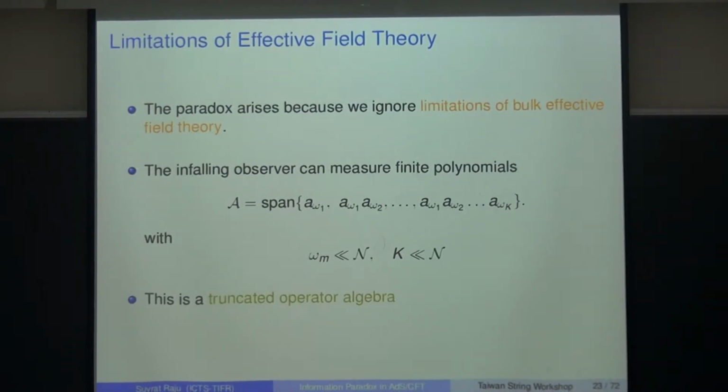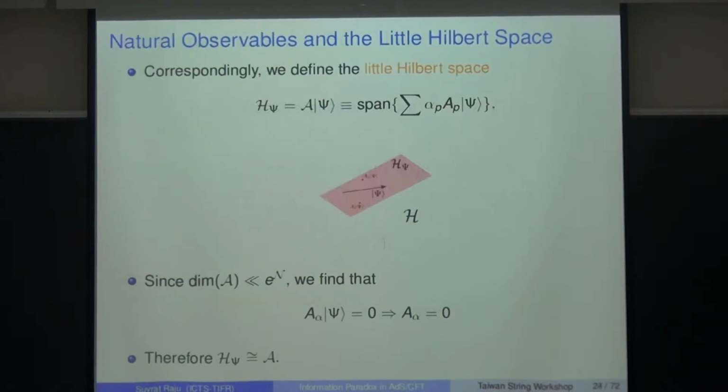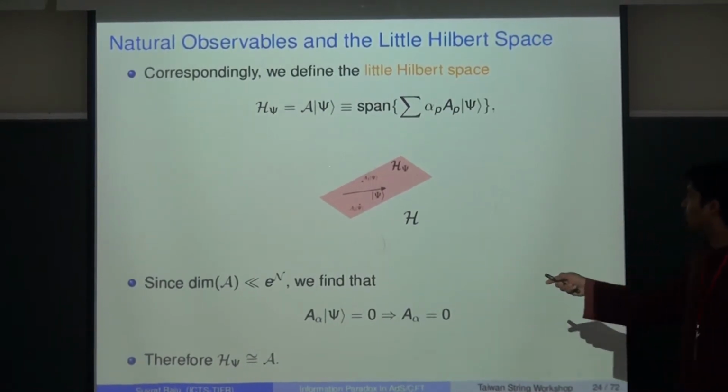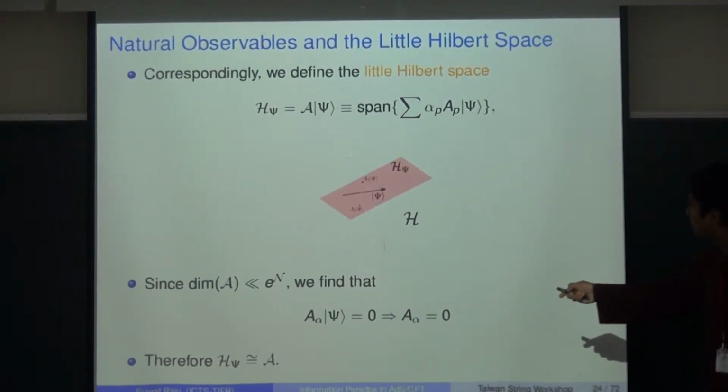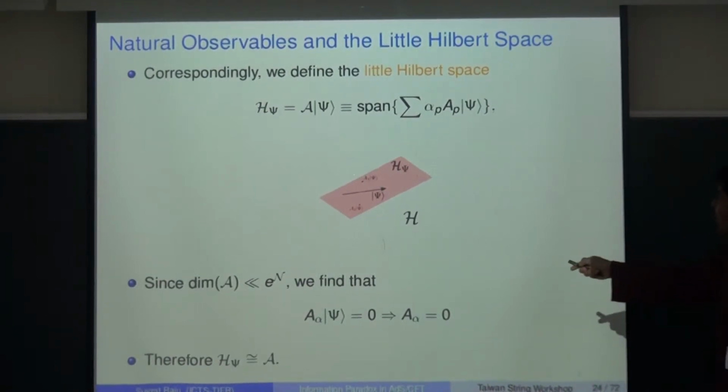And it's not quite an algebra, even though we often refer to this as an algebra, it's actually some kind of truncated algebra. That's because there are these cutoffs. So if you really try to take products, you would go outside this cutoff. So it's some kind of truncated operator algebra. And corresponding to this, you can define what we call a little Hilbert space, which you can't see, but actually there's a big Hilbert space here, which the projector doesn't show, and this is a little Hilbert space in that. Okay, so there's a bigger Hilbert space which is surrounding this, which is what this H labels.